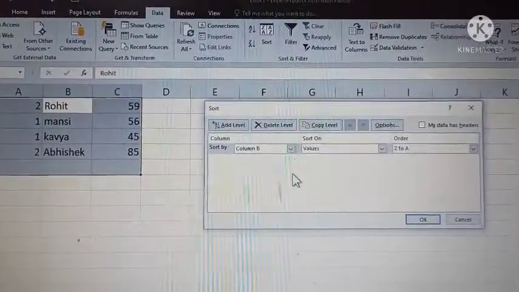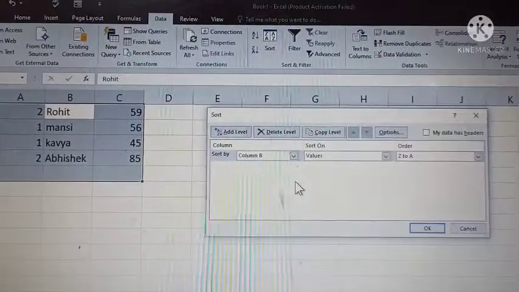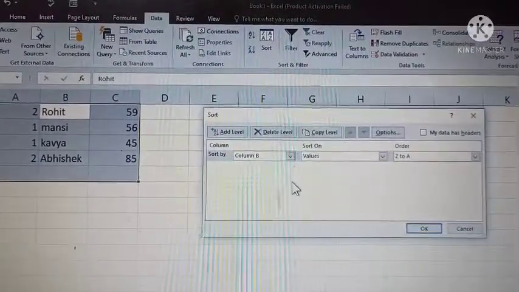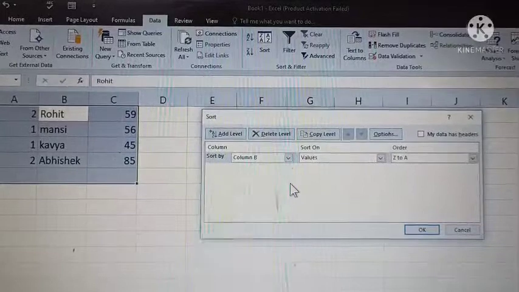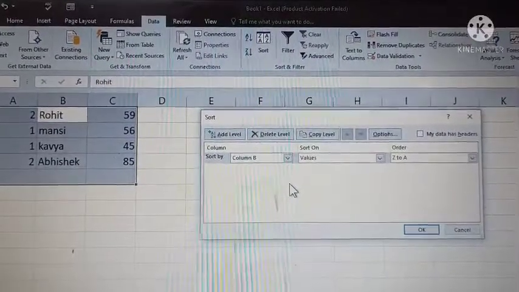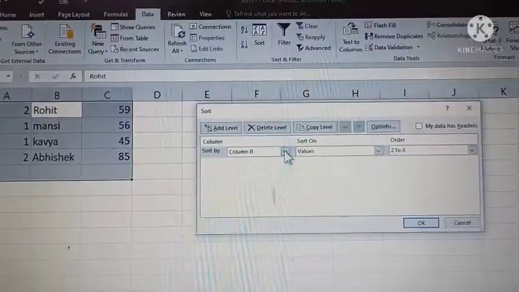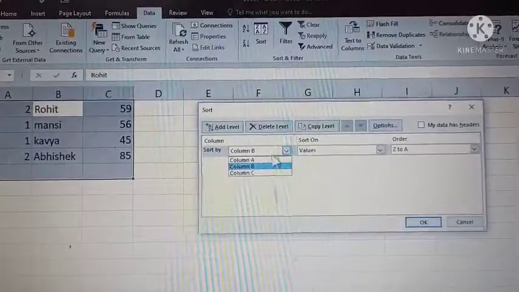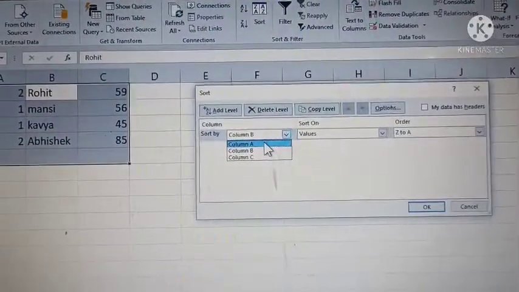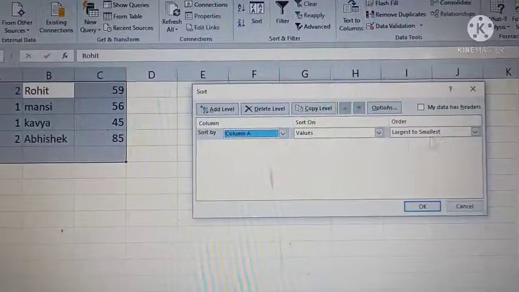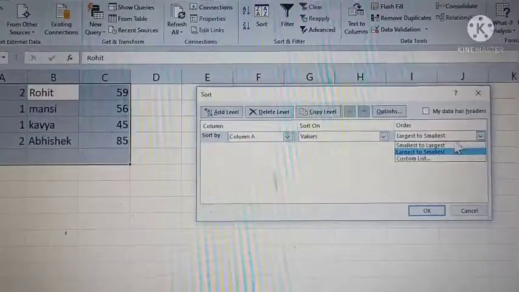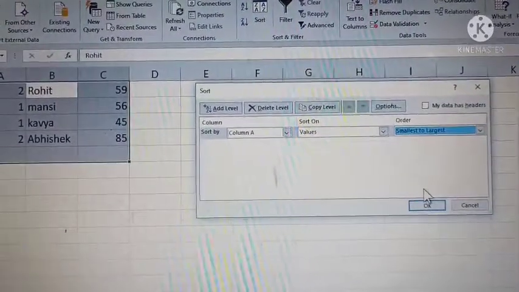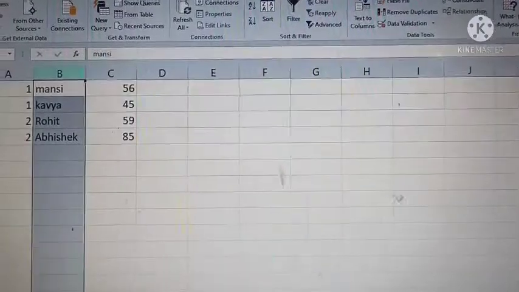The Sort dialog box will appear on the screen. Click on the drop down arrow and then select the primary field to sort by. Click on the OK button.